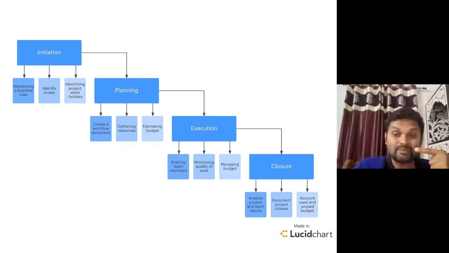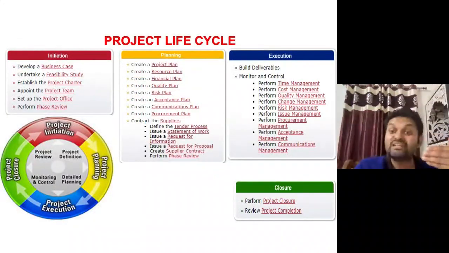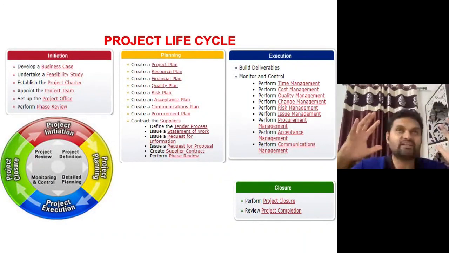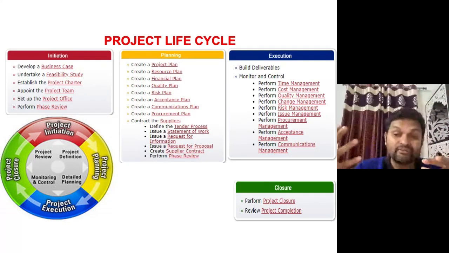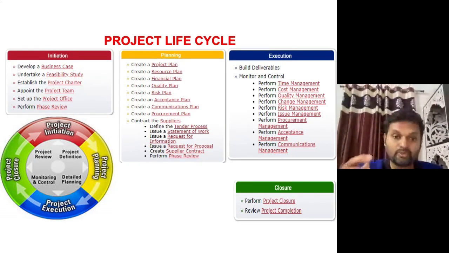So when I'm talking about project management, what documents do we need to prepare? We understand the project life cycle, which can be divided into four phases. What kind of documents do we need to follow, and what do we need to do on our construction site? We are going to get into this particular slide. When I'm talking about initiation, first, definitely, develop the business case. Business case means feasibility report.